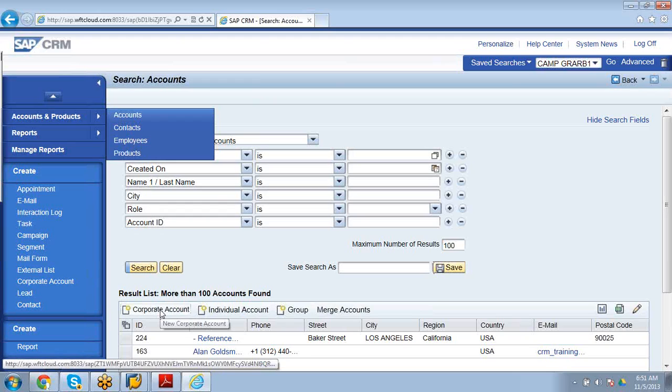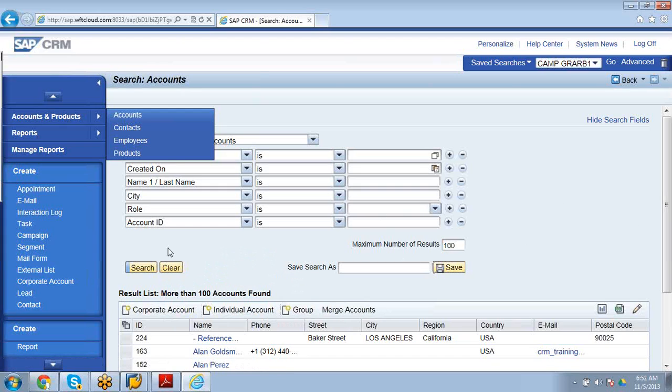Then there are three types of accounts: corporate account, individual account, group account.